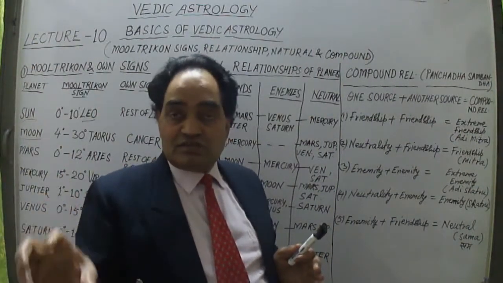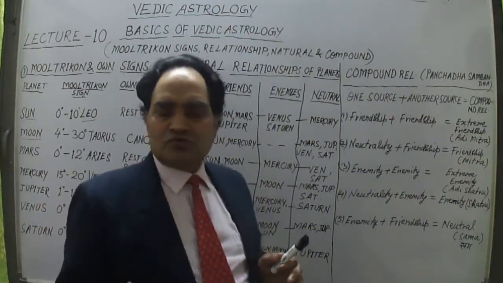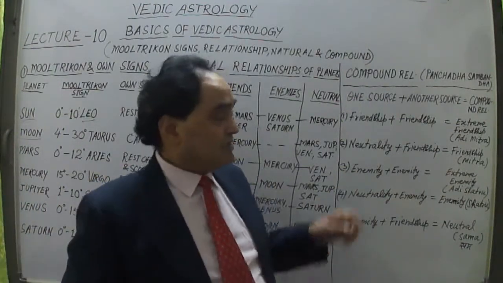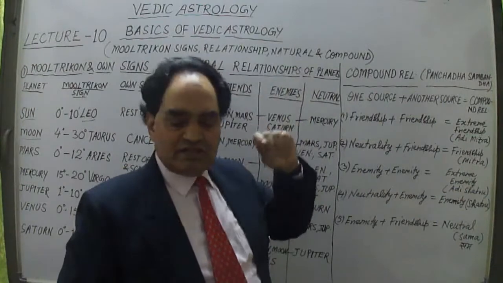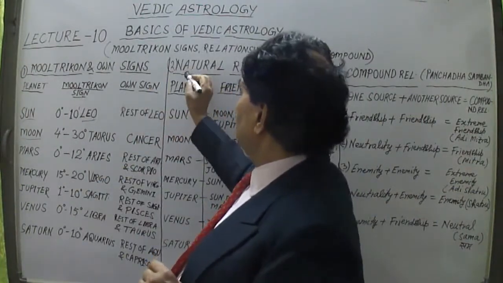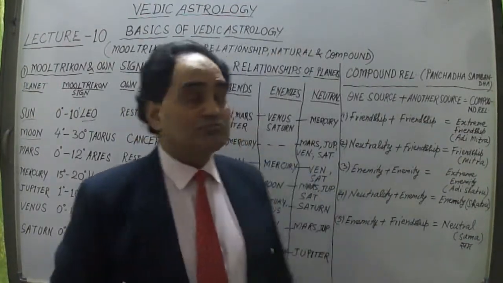So these external planets have 3 aspects, right? I've talked about that, but I'll take them separately. What are the aspects of the 3 planets? All these things I'll take maybe in the next lecture series. Now come to the second point. Here I've taken the natural relationship of planets.